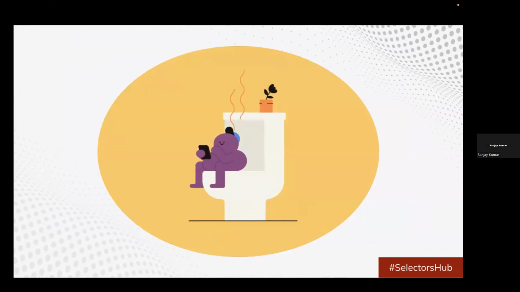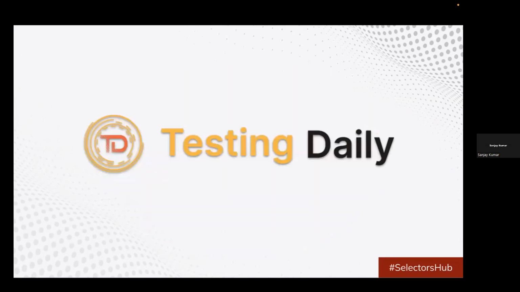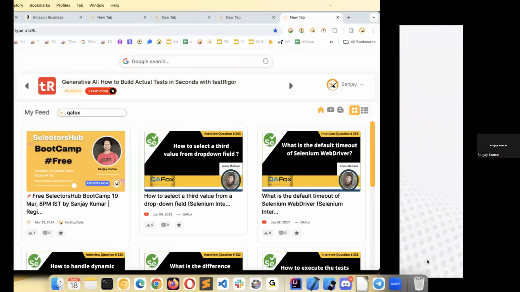Because we all are very much updated with social media, like what's happening in the Bollywood industry, the film industry, cricket. We keep ourselves updated with social media apps like Instagram. Whenever you are free, most of the time we spend a lot of time, half an hour, in the toilets, scrolling reels. But if you have something which can help you, like opening testing daily for a minute,